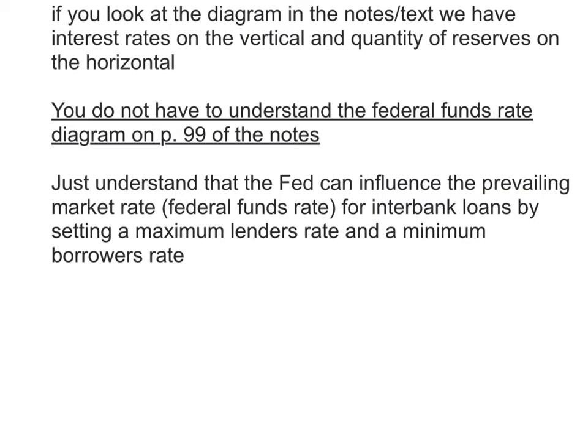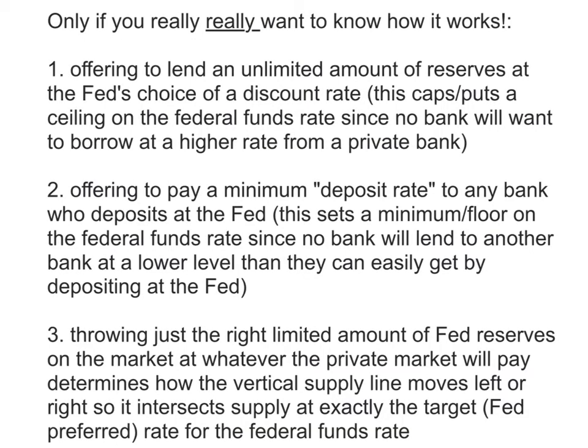So the federal funds rate is a rate the Fed can see, it can get immediate feedback, and it can try to influence. Now, how does the Fed have an advantage in influencing the federal funds rate? That's really the last thing I'm going to talk about. If you really want to know how it works, there is the diagram in my notes and the textbook, and it's probably the hardest diagram you'll see in this course. And the Fed does the following kind of thing.